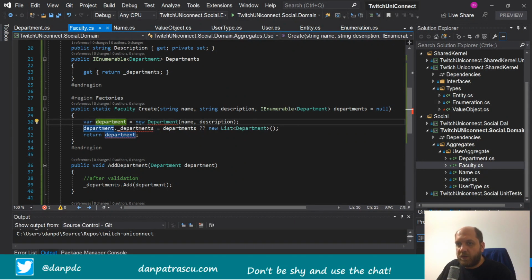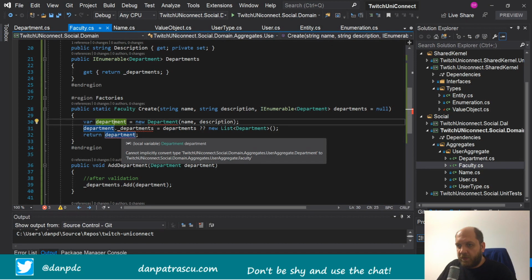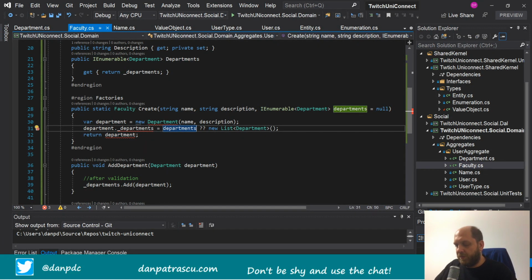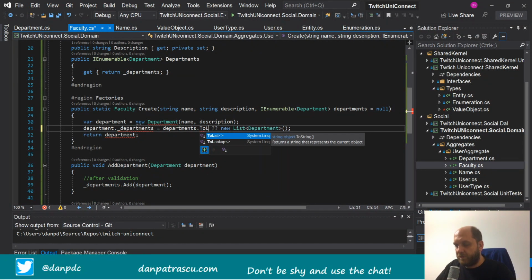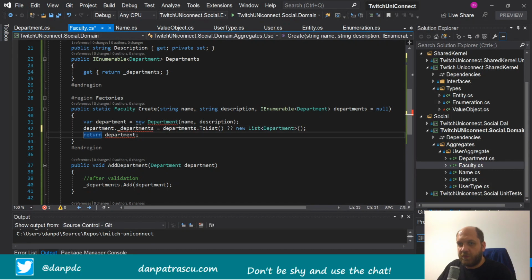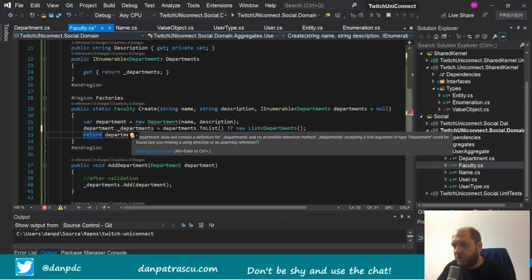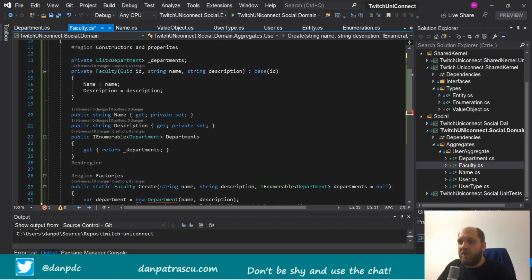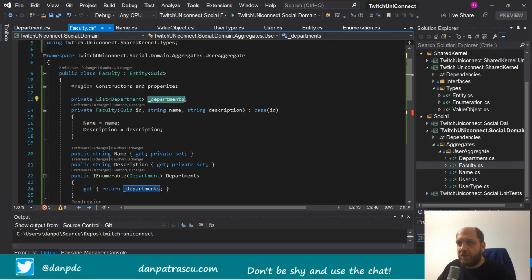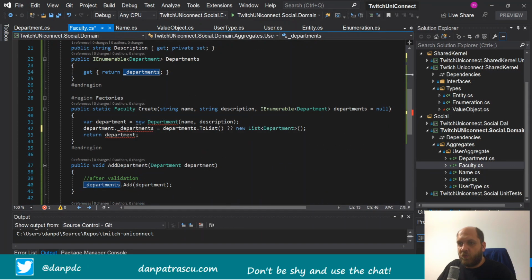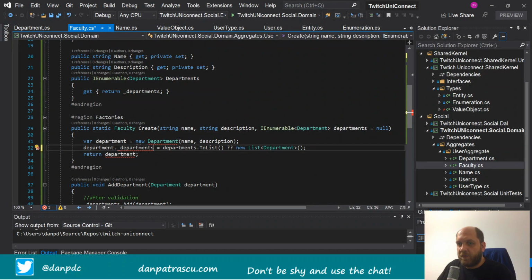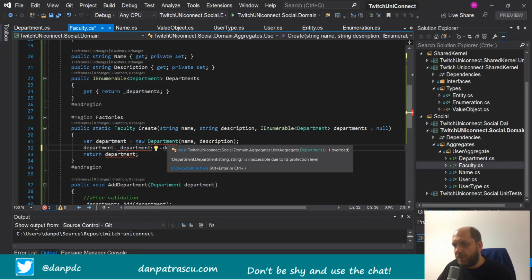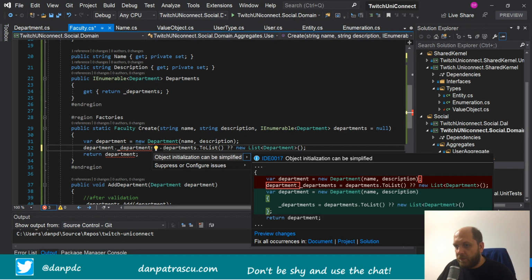Okay, so let's see what do we have here. So here we say cannot implement for type. Okay, because here it would be departments to list, because we have to change this to be a list, but it still does not contain a definition for departments and no access. But then I guess I have a typo somewhere. It's departments. What am I missing here? What am I missing here? Because here is also the new department. It's something that is not okay. Let me check. It only says that can be simplified, but